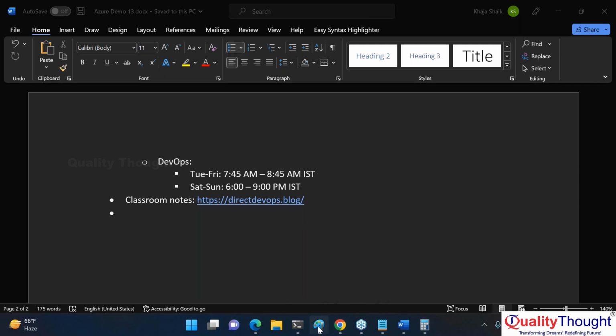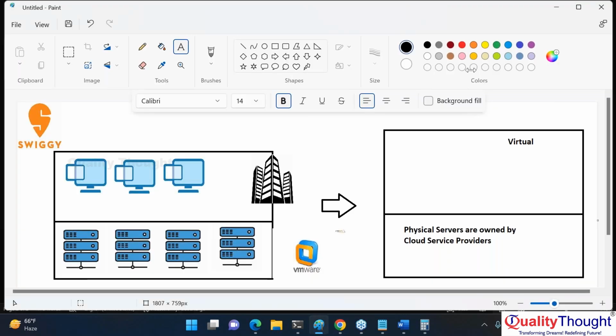For doing these kinds of things, we have three popular cloud providers: AWS from Amazon, Azure from Microsoft, and GCP from Google. If you look at these three, it is like you have decided that you want to purchase an SUV, and now you are figuring out whether to go with Mahindra or Toyota. Both will have the same features. There might be slight differences in cost, but at the end of the day, it is an SUV.